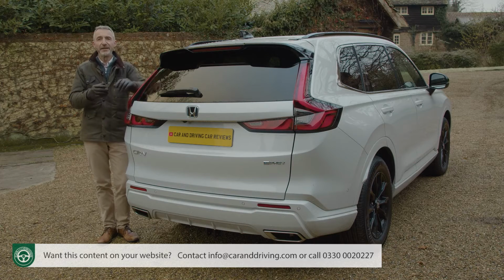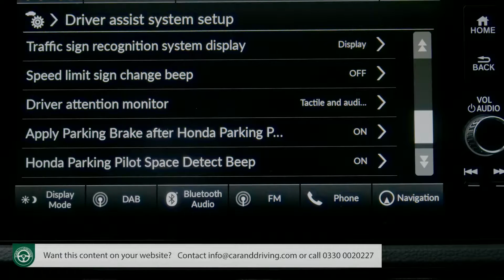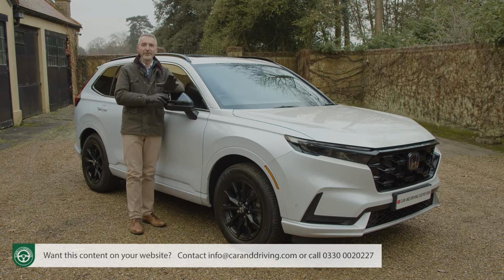It can be activated in 3 easy steps with a dedicated switch and a touch of the screen, and then the car can be parked by checking the safety of the surroundings, and that significantly reduces the worries of parking in a large SUV. So that's what you get with all CR-V models, but what about the differences between the